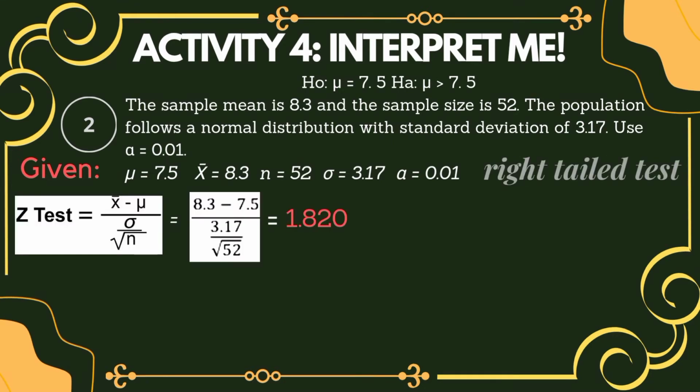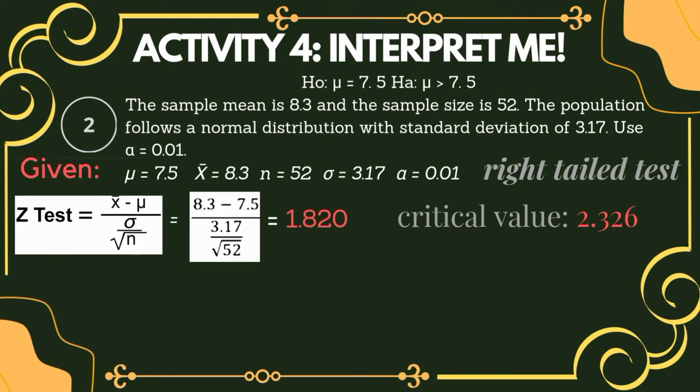Using the formula, we substitute all the given values. 8.3 minus 7.5 divided by 3.17 over square root of 52. Using calculator, we will take the 3 decimals. The total is 1.820 and the critical value is